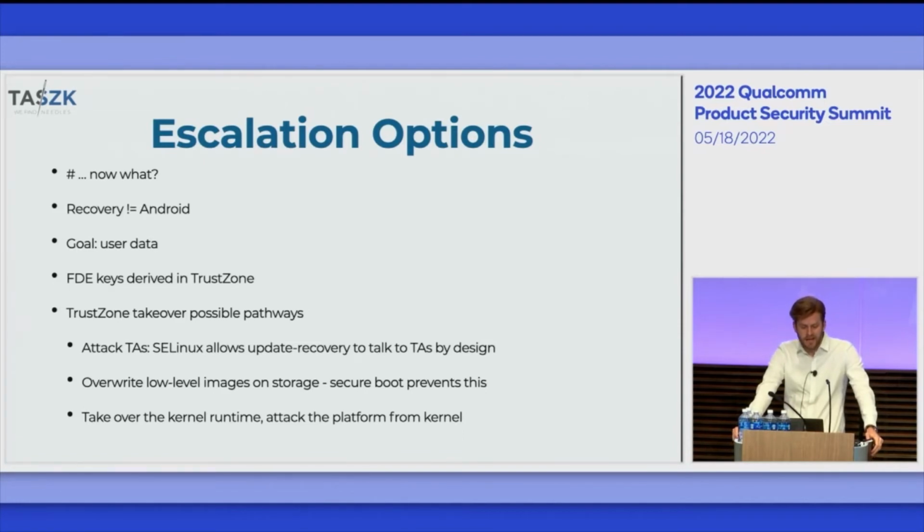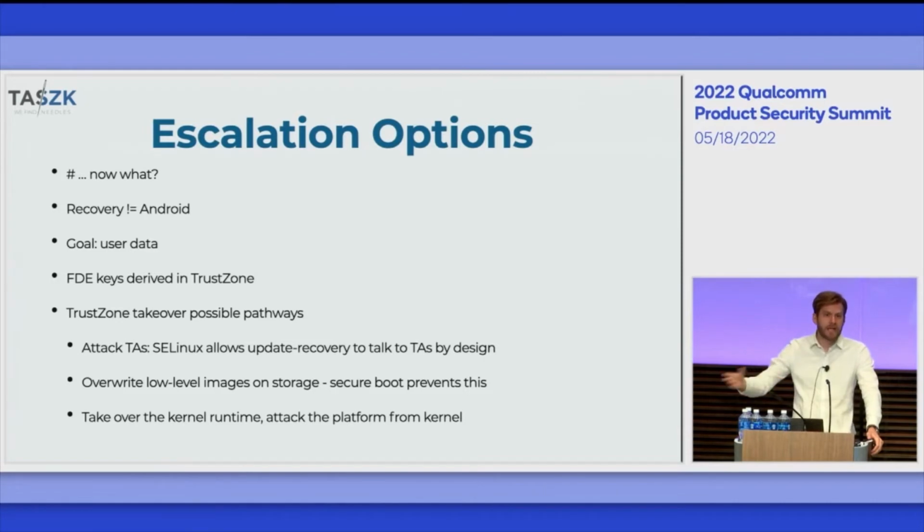Because the FDE keys, the full disk encryption keys, the file system encryption keys on Huawei devices, are of course derived in trust zone. And most importantly, that's only done for Android. So when you're in the recovery context, what you have by default is access to flash, but all you're going to see is everything on the data partition encrypted. So you don't really get the user data that you were after. So at this point, the question becomes,